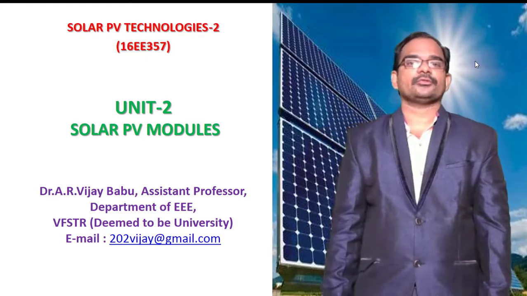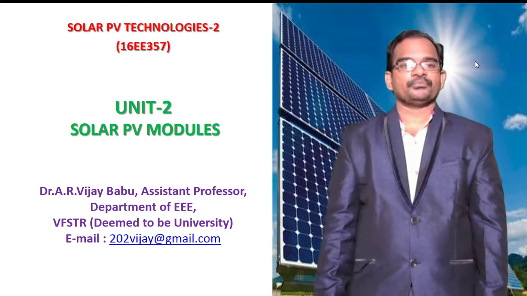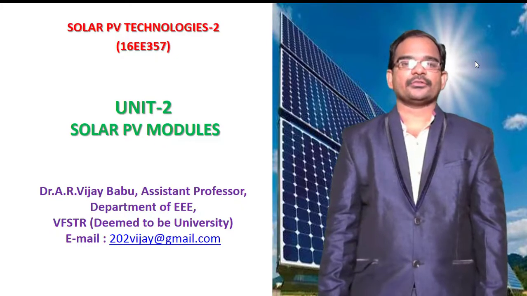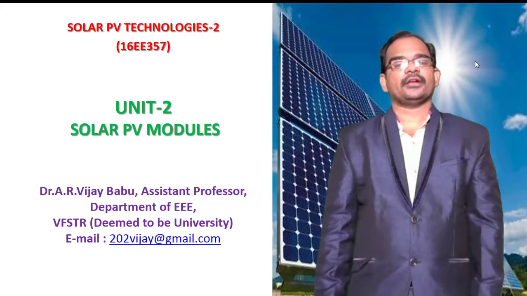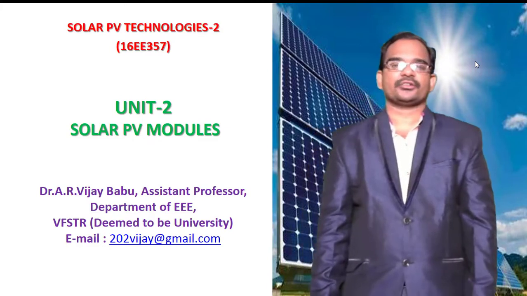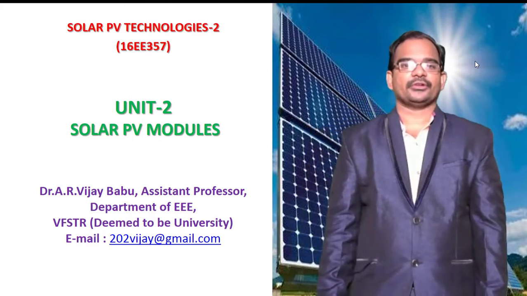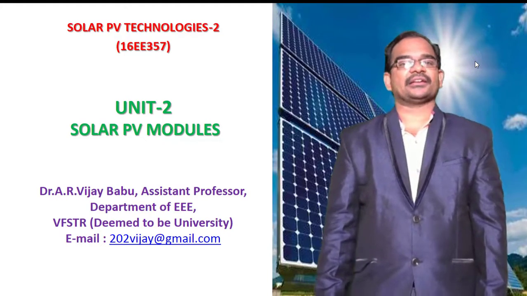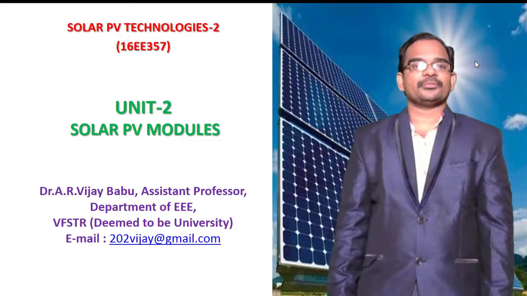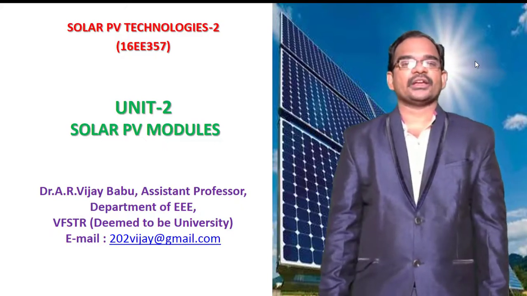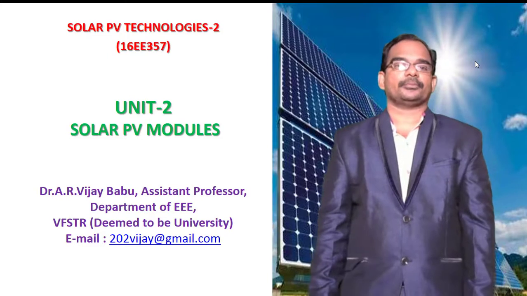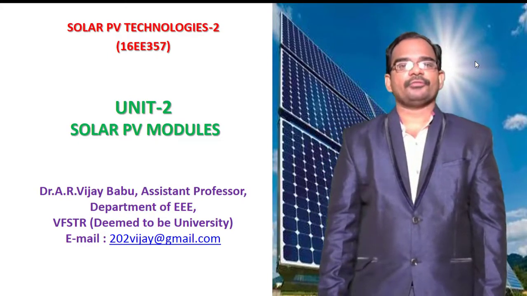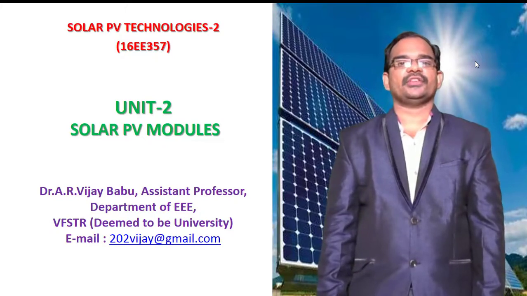So we are going through unit number 2, which is solar PV module. In this we have already gone through some of the topics such as what is a solar cell, what is a solar module, what is a solar array, what is a solar string, and also series and parallel interconnections of solar cells in a module, and afterwards series parallel interconnections or PV array interconnections. Then we have gone through the placement of bypass diodes and blocking diodes in solar PV modules, and after that we have also seen shading of solar cells, and finally we have seen what is a hotspot.